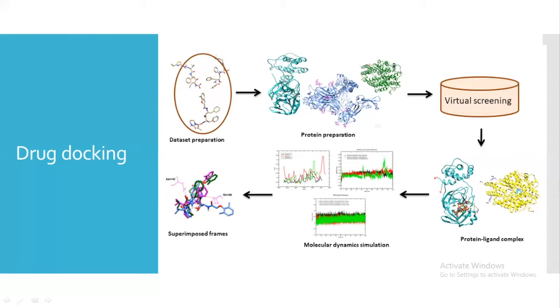Now suppose you can see this particular protein, with the N-terminal and C-terminal. We have the ligand bound to it, right? So this is the protein-ligand complex. Similarly, once we have got the protein-ligand complex after doing the docking studies, we can go for molecular dynamic simulation studies. Now, what is the difference between molecular dynamic simulation and molecular docking? In molecular docking, we have removed all the water molecules, the cofactors and ions.